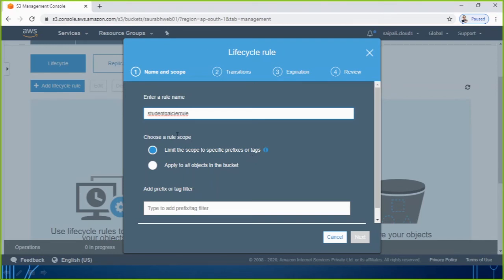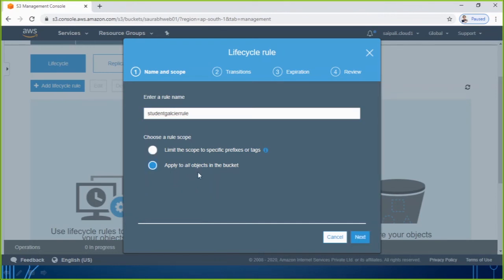If you want to apply this rule on a specific tag or prefix, you go with that, or you can apply it on the entire bucket also. For me, as of now, I'm going to apply it to all objects in this bucket, everything I have in this bucket. I'm not classifying on the basis of tag.